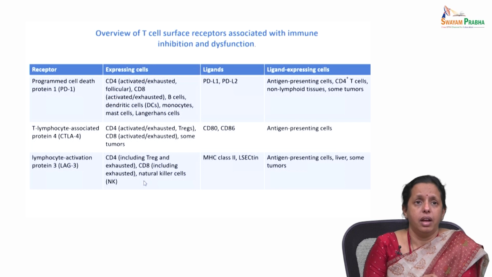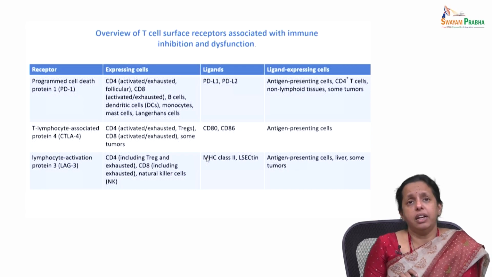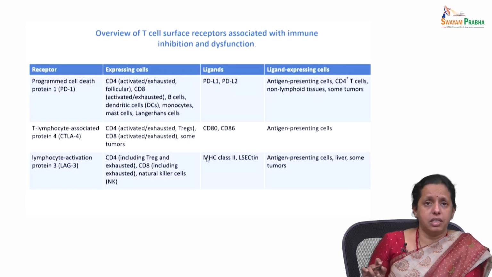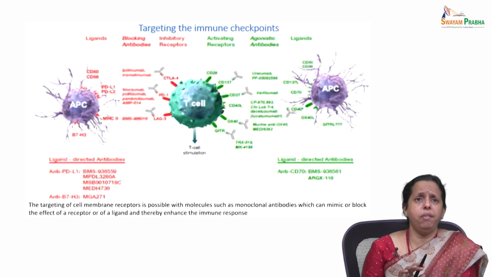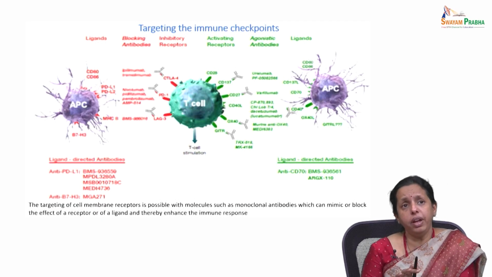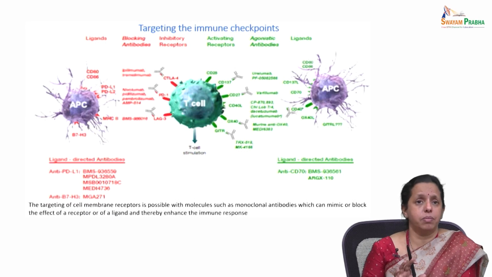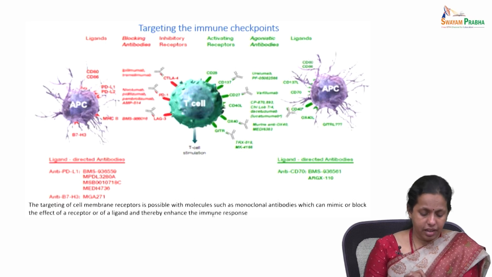CD4 expressing cells, CD8 cells and natural killer cells express LAG3, and the ligands are your MHC class 2 and L-selectin. The ligand expressing cells are your antigen presenting cells and some tumor cells. Now we have established what immune checkpoints are. So, if you target these cell membrane receptors, it is possible with monoclonal antibodies, and these can mimic or block the effect of a receptor or a ligand, and thereby enhance your